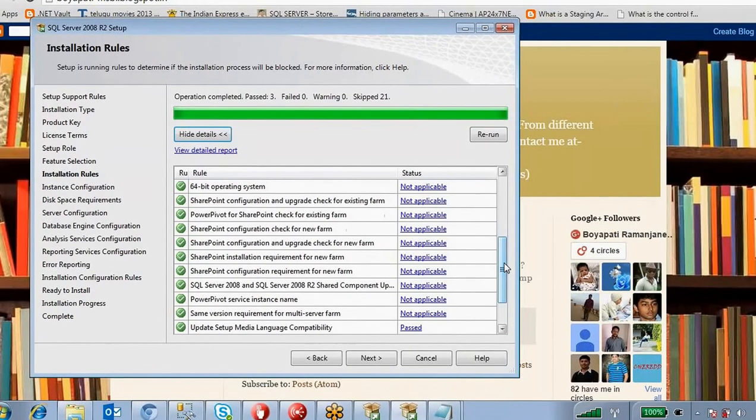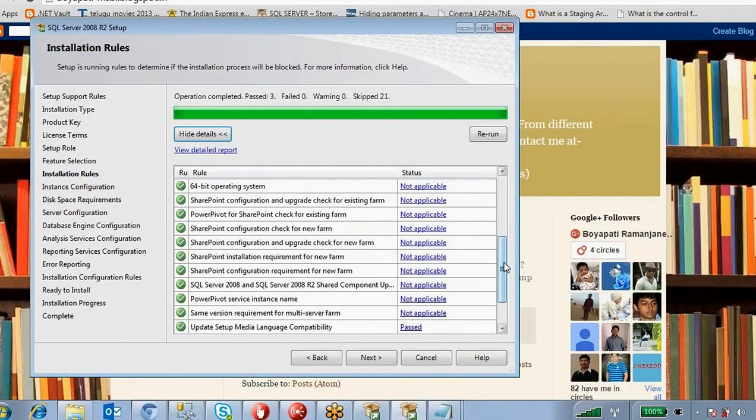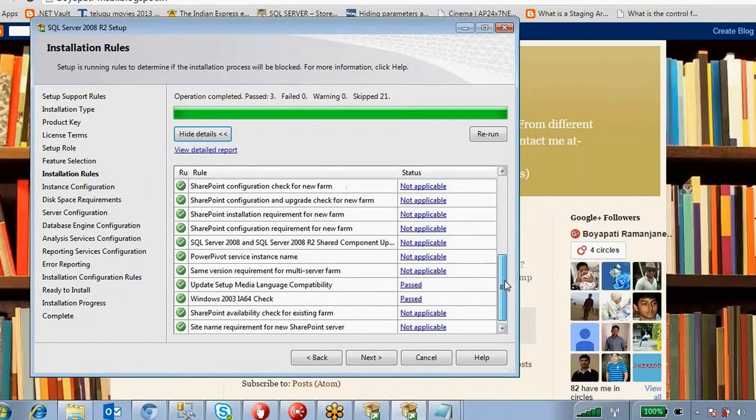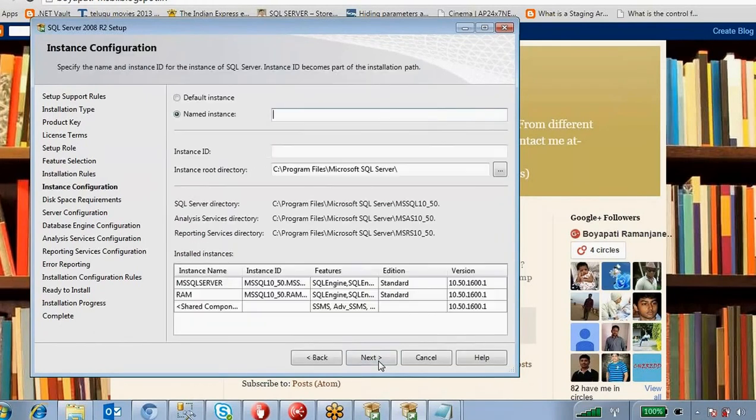So make sure your system is a 64-bit operating system. All are passed. Click next. If any red mark comes, then you have to look into it.